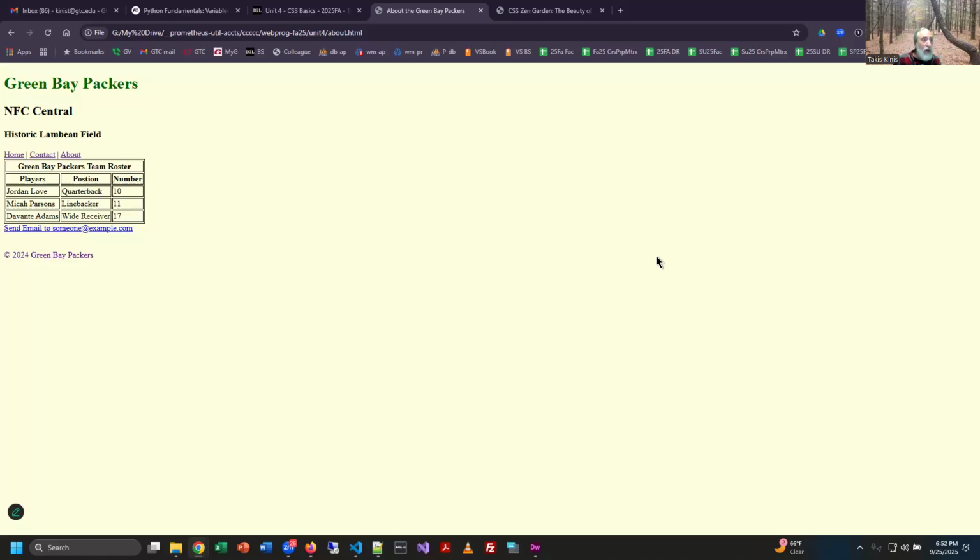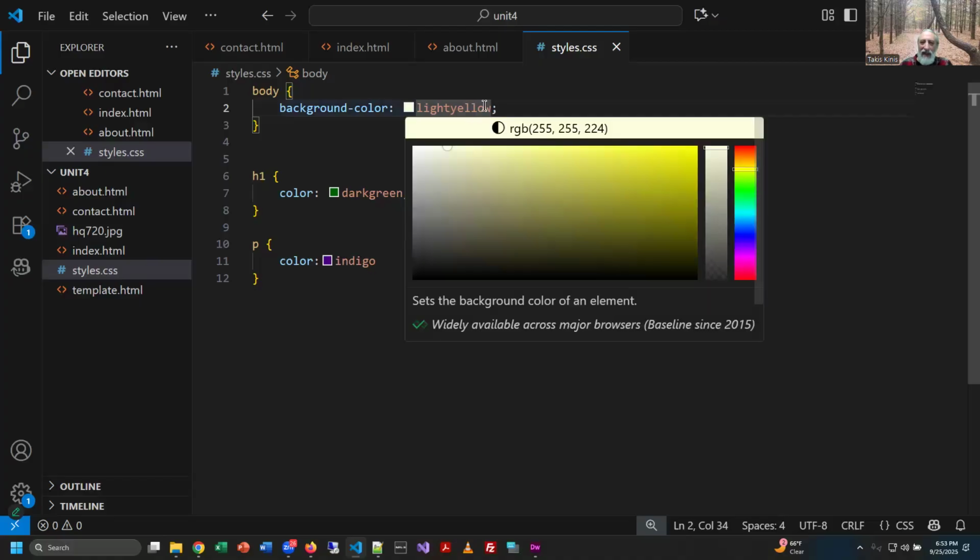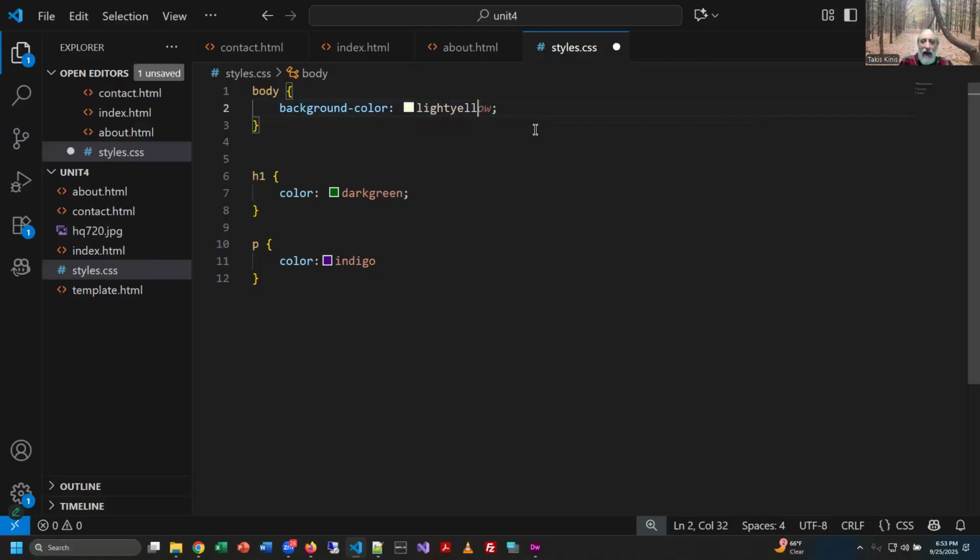All right, so this is part of your homework, folks, right? So this is really an easy one to kind of work on. So you want to experiment with colors. I do want to give you a couple of tips. Okay, so I know what a lot of you are thinking. It's like, yeah, this is really good, but I'm building a site and I want a dark theme, right? So you guys know where I'm going with this. Some of you might be guessing already. Like, what if I decide instead of saying light yellow, I just say